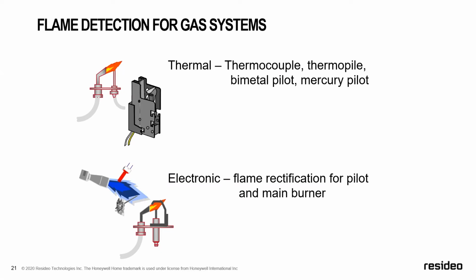Then we get into what we call electric or flame rectification, spark ignition. Again, how that works is we have an ignition module that will send power up to the electrode. The electrode will start sparking against the burner hood and then ignite the pilot. And once the pilot is lit, that AC voltage going up, because the burner hood is 4 times the size,